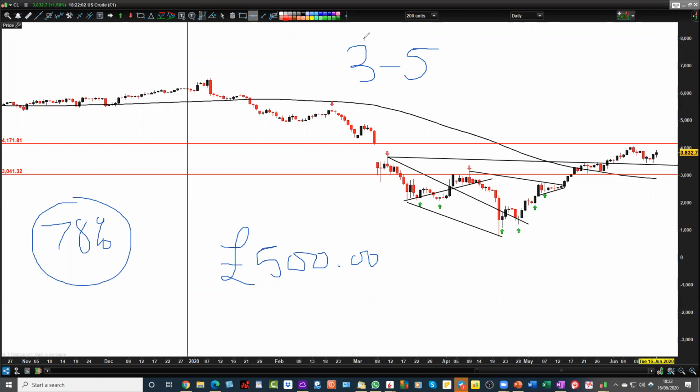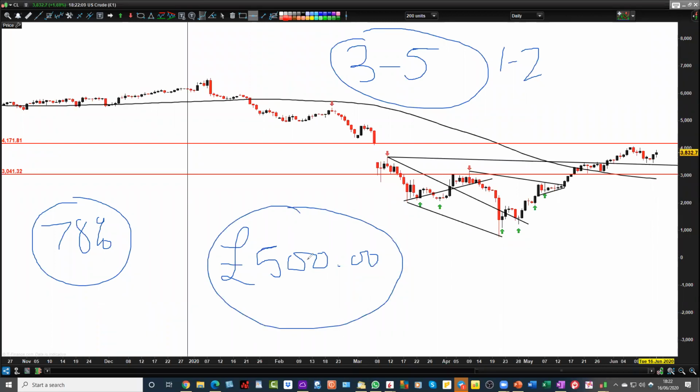So if you're trading 3 to 5 trades a day, and let's say you get 1 to 2 stop outs, with a £500 account you shouldn't be risking more than about £30 per trade on a small account like that. That's okay, because if you trade the Dow at 50p a point, how much money can you make? If you're trading 3 to 5 times a day on the Dow, our trades are generally in the region of about